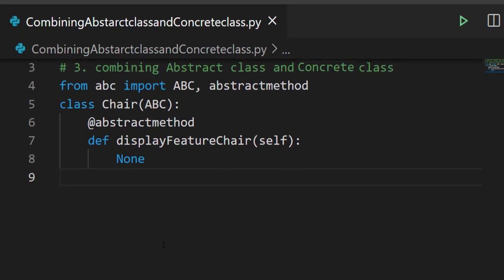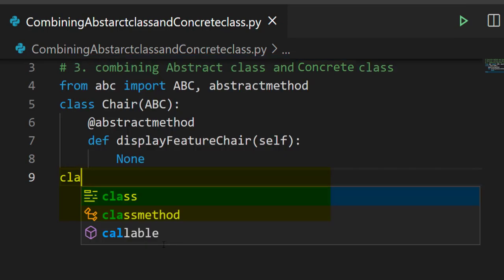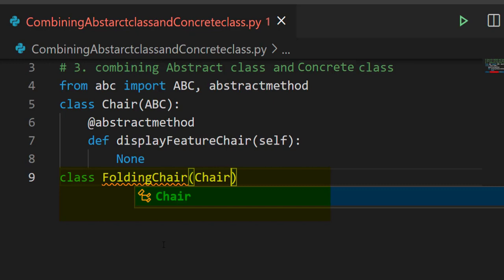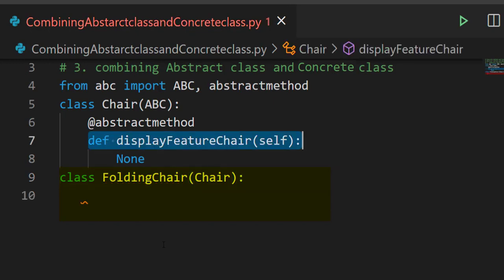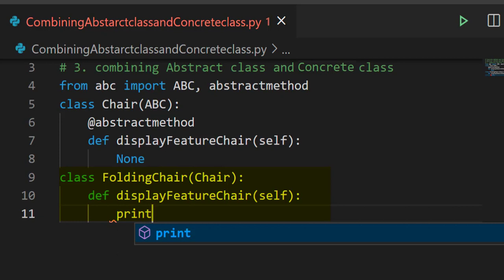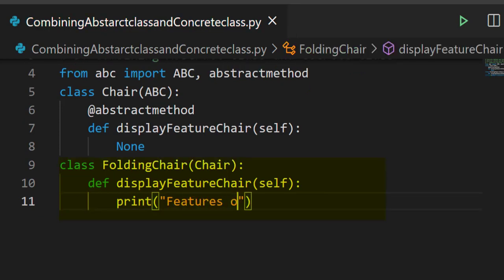So we need to change the abstract class to a concrete class. For that, we'll create a class named FoldingChair, which inherits the Chair class. Then write the method which is in the Chair class, that is def display feature chair with self parameter, and give a new implementation or method definition, that is print with the string features of chair.